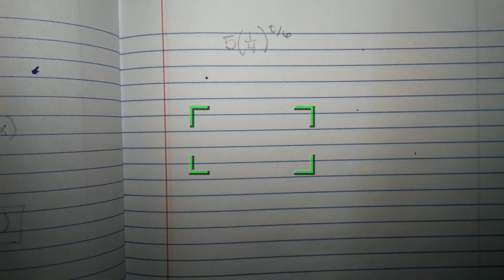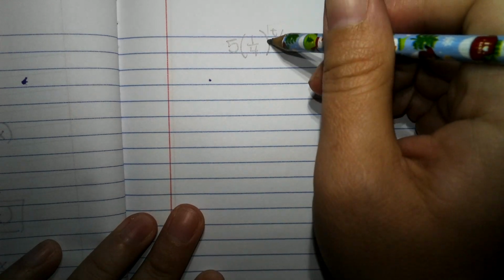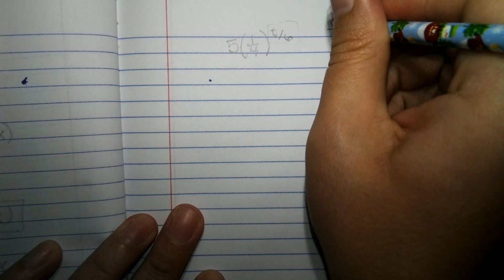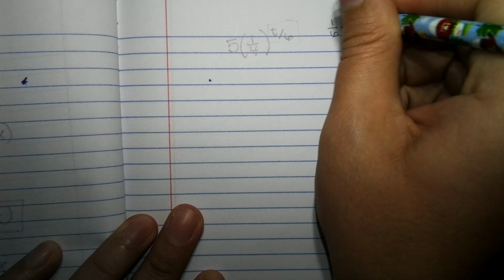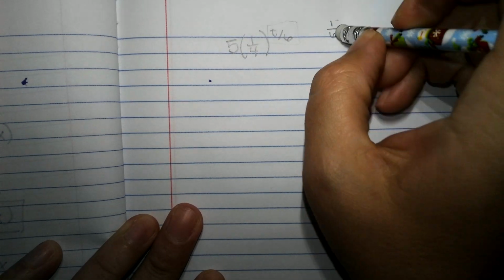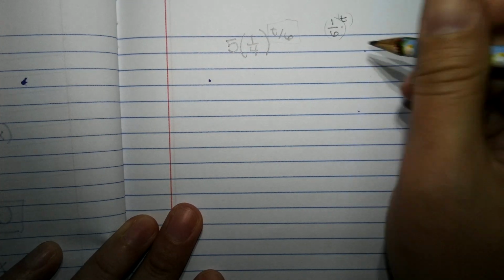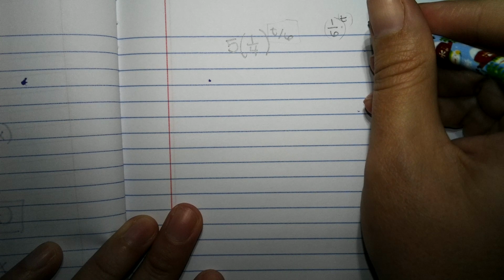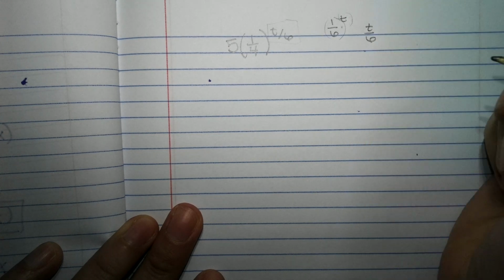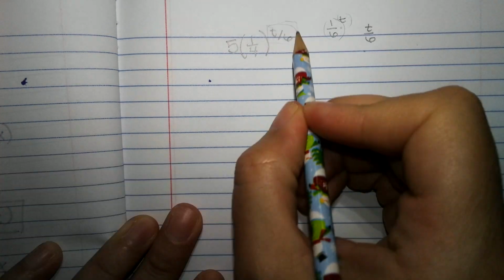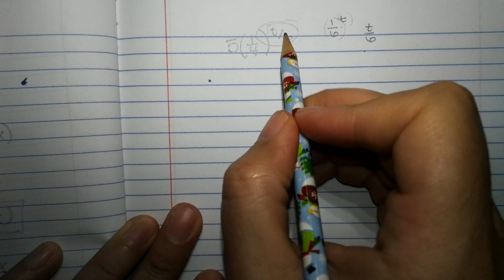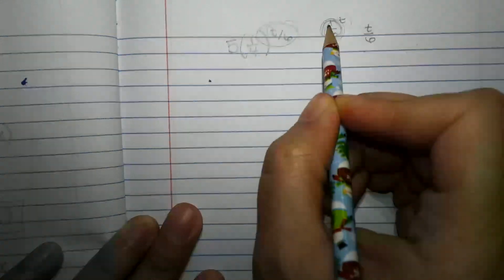Basically, what it's wanting us to do is make that t the only exponent on the outside of the parentheses. So if I was doing power of a power right here, this would be 1/6 to the t power, because I multiply power of a power to get t over 6. Okay, so it wants to turn this into two exponents, and it wants us to slide the one exponent into